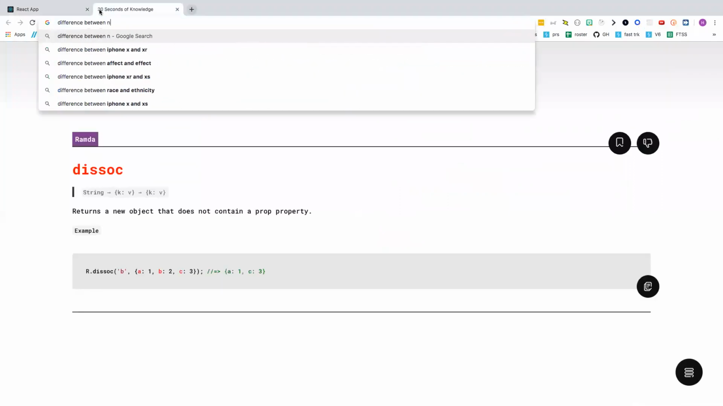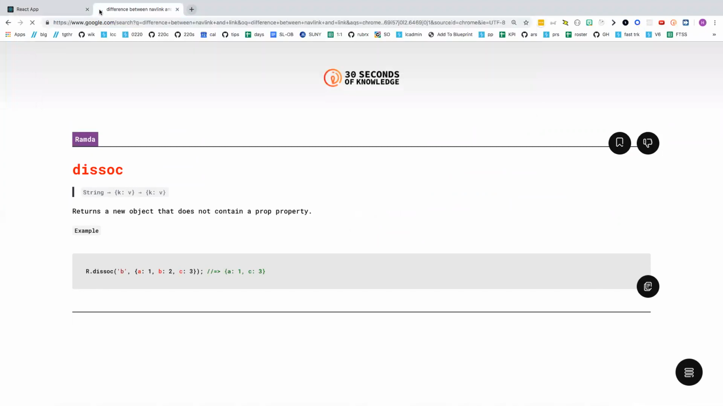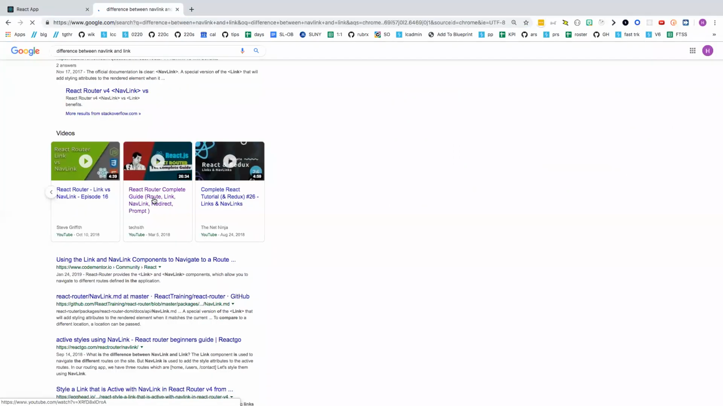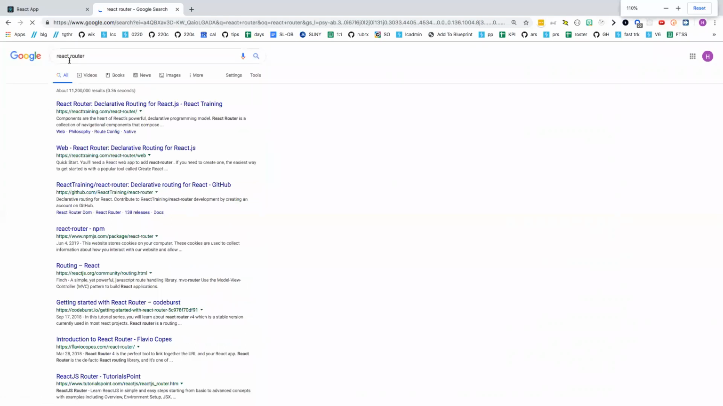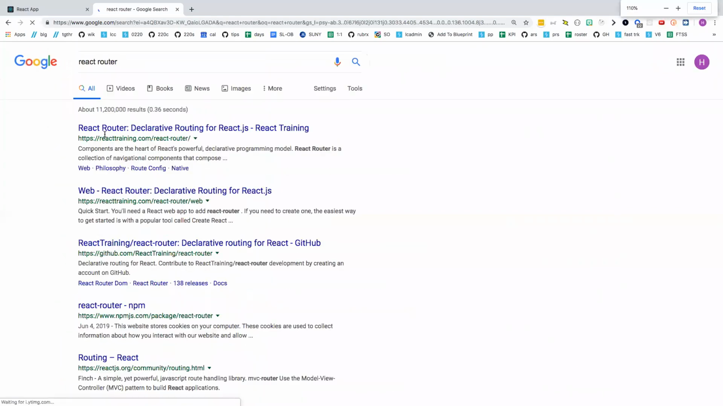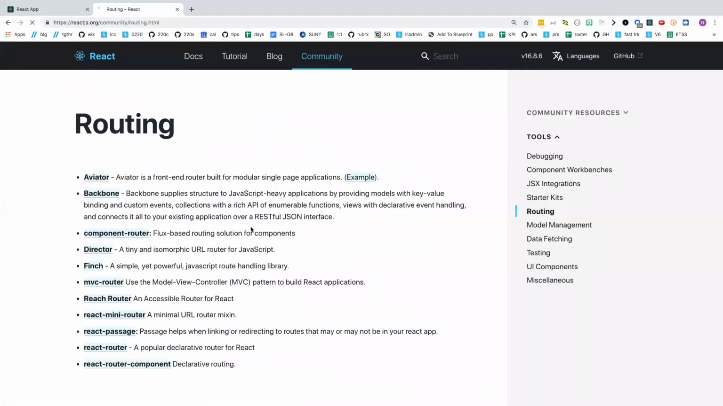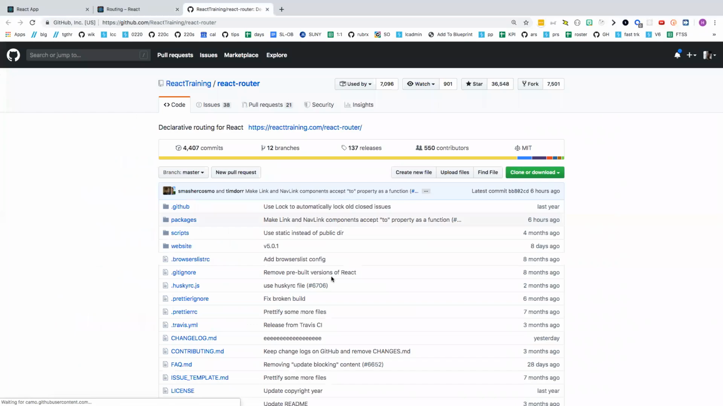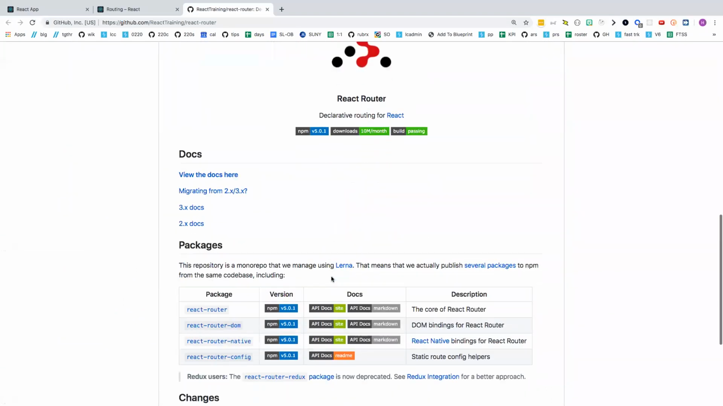Difference. I know the README for React Router is very small. And link. Yes, it is. But we can also, and really what I should do is search React Router. Let me make this bigger so you can see it. Maybe a little bit smaller. React Router, there it is. And this is just GitHub's React Training React Router. And I was hoping that this would have